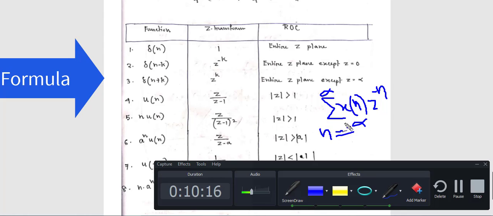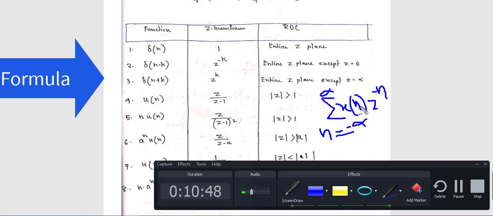Now if you put delta n here as x[n] and calculate this value from this expression, the value will become 1. How can you get this? First tell me what is delta n. Delta n is basically an impulse function, and this impulse function is valid for only one value. What value? n equal to 0, because we all know delta 0 is equal to 1. So you have to choose n equal to 0.